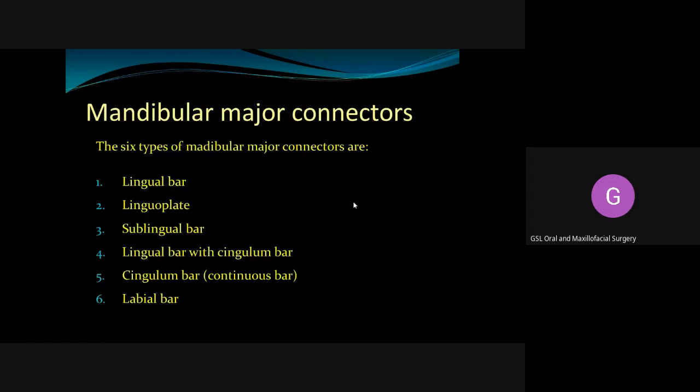Now the mandibular major connectors. We have already heard regarding this. There are 6 types of mandibular major connectors. They're the lingual bar, the lingual plate, sublingual bar,